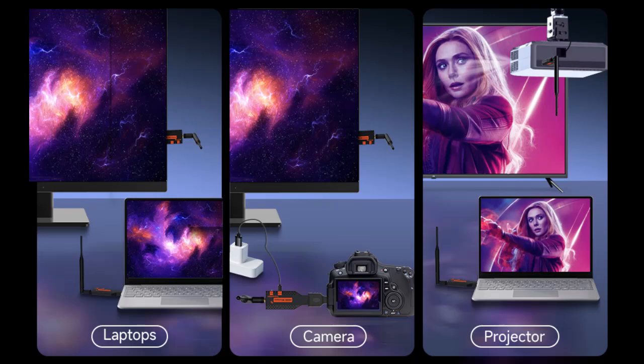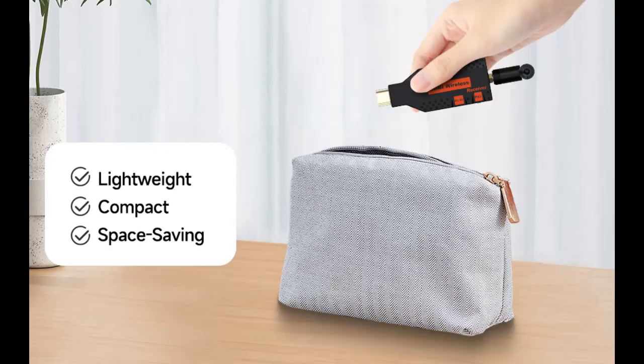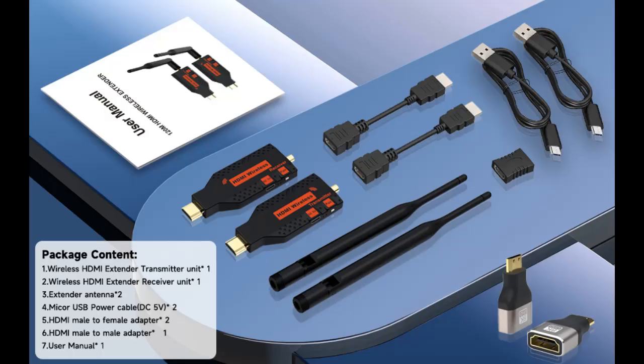Please note the direction of use. Connect the TX, transmitter, to the signal source, and the RX, receiver, to the display device. This device is widely applicable in business meetings, large conferences, teaching, home theaters, live camera streaming, sports broadcasting, and photography